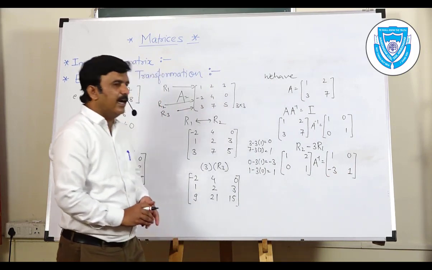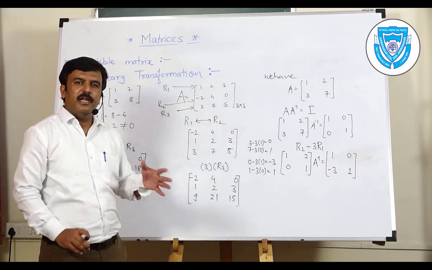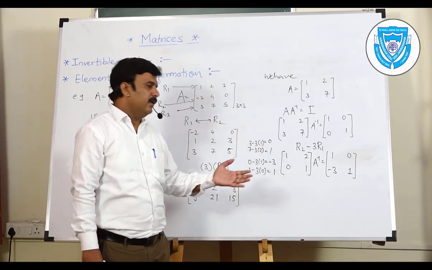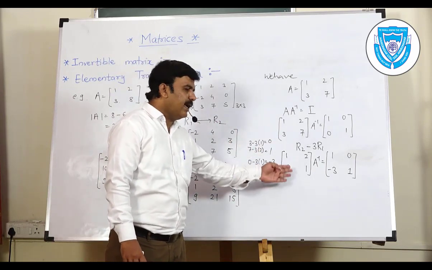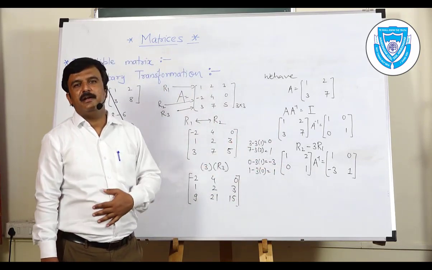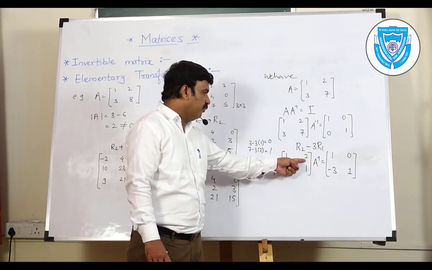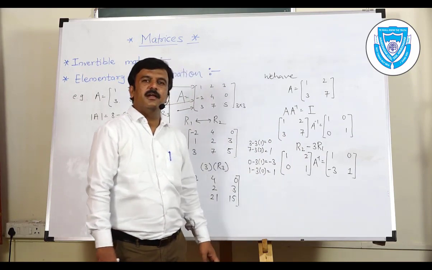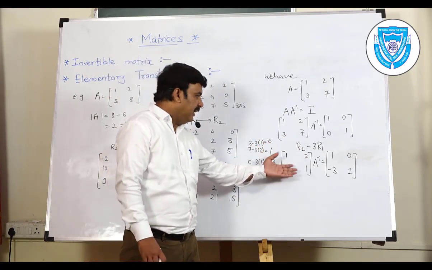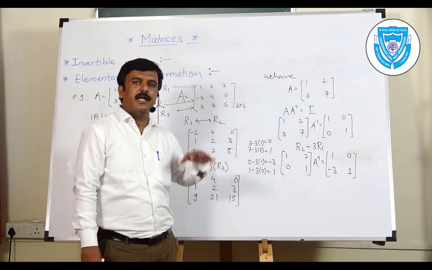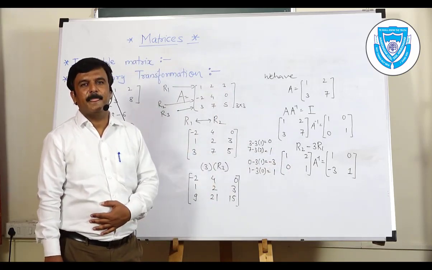You can observe that now we are able to simplify, we are able to transform the left hand side, the matrix A, into identity matrix. We have got 1, 0 and 1. Now we have to convert this 2 into 0 so that the entire left hand side, the entire matrix A will be transformed into identity matrix.